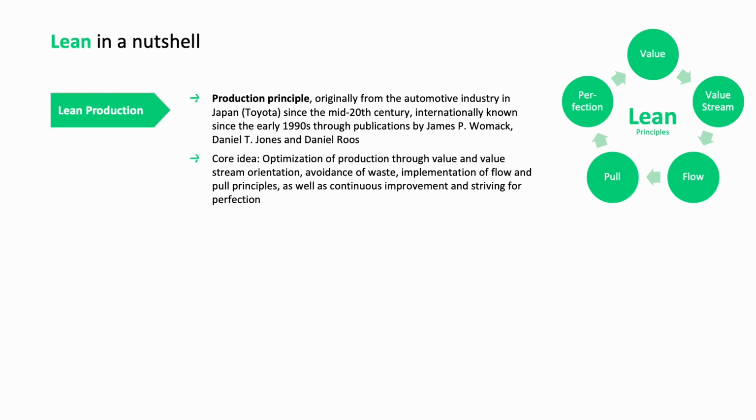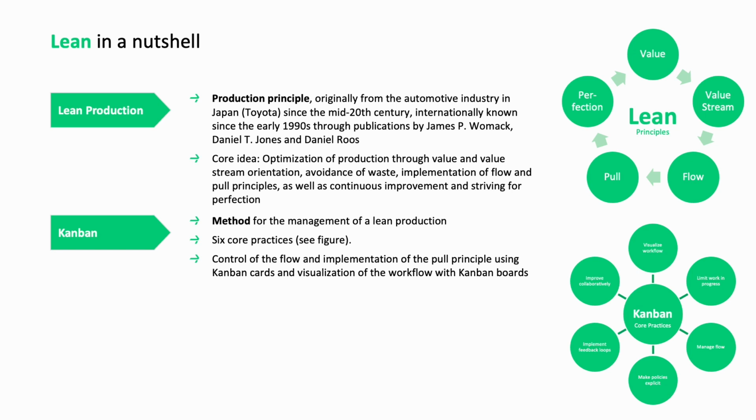The core idea of lean production is the optimization of production through value and value stream orientation, through the avoidance of waste, through the implementation of the flow and pull principle, as well as through continuous improvement and the pursuit of perfection. There are many very good descriptions of the principle on the internet, so we will not go into more detail here. Kanban is now a special method for the management of a lean production, which also comes from